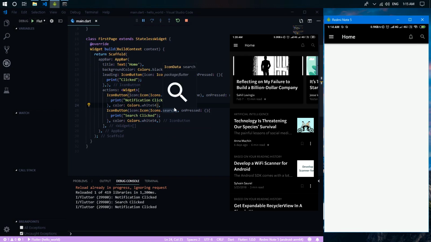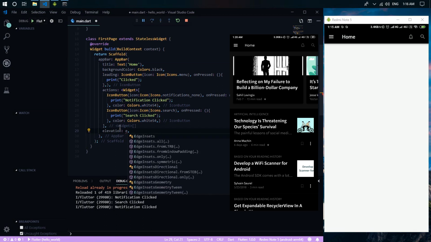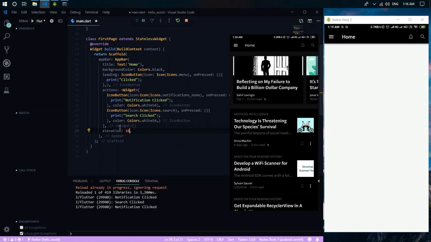So the next is the elevation property. Elevation is the z coordinate at which to place this app bar. This property controls the size of the shadow below the app bar. By default, elevation is set to 4, the appropriate elevation of an app bar. So we need to provide elevation here, maybe 10.